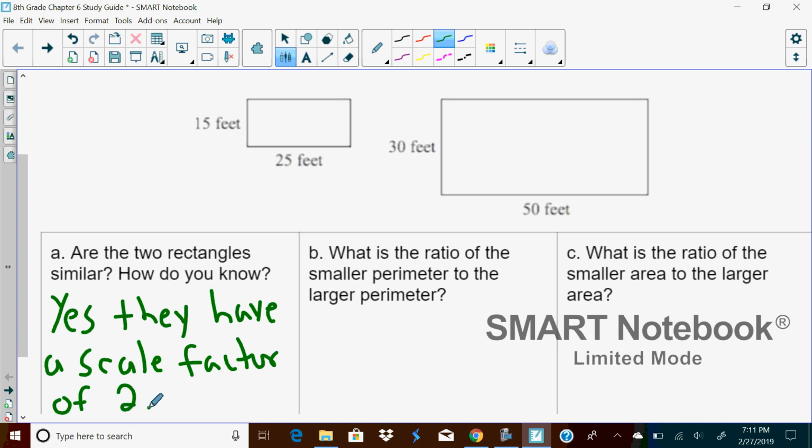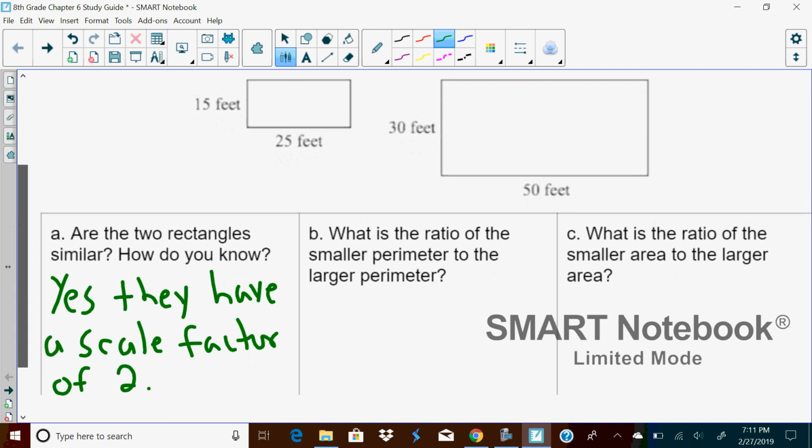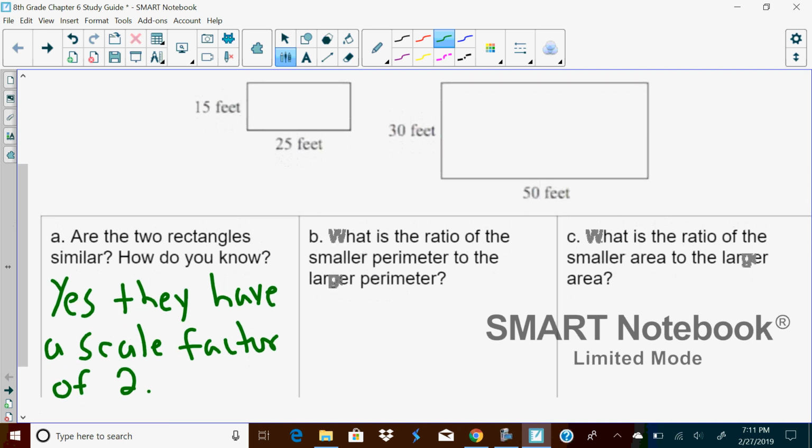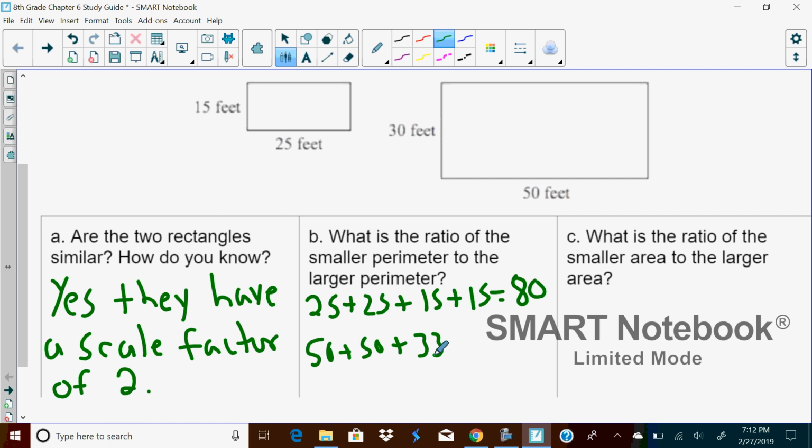As long as we have a consistent multiplier, 25 times 2 is 50, 15 times 2 is 30, we know that it's similar. What is the ratio of the smaller perimeter to the larger perimeter? So 25 plus 25 is 50, plus 15 plus 15 is 30, so it equals 80. And then 50 plus 50 plus 30 plus 30 equals 160. So it's 80 over 160 because it's small to large, which would be 1/2,